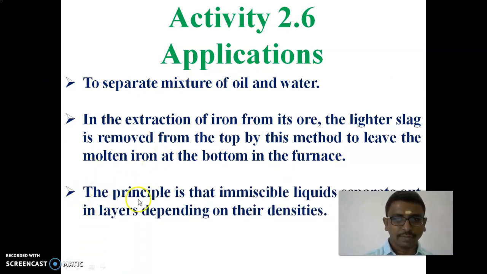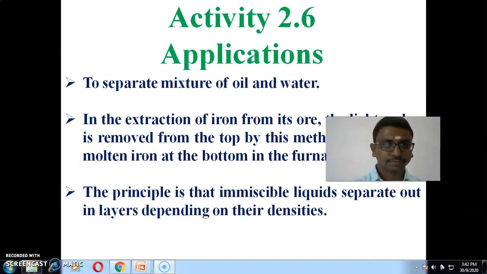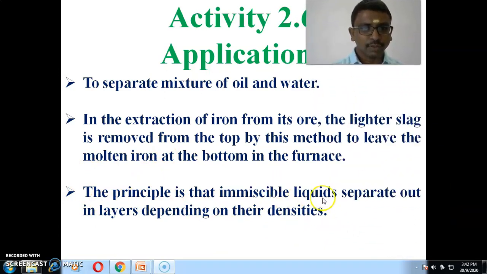And the principle is that immiscible liquids separate out in layers depending on their densities. This principle is very simple. The layers form depending upon the density of the two liquids.